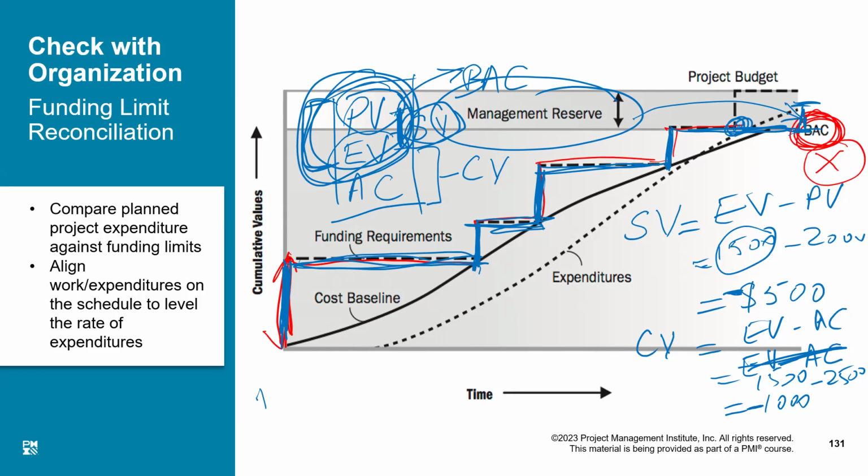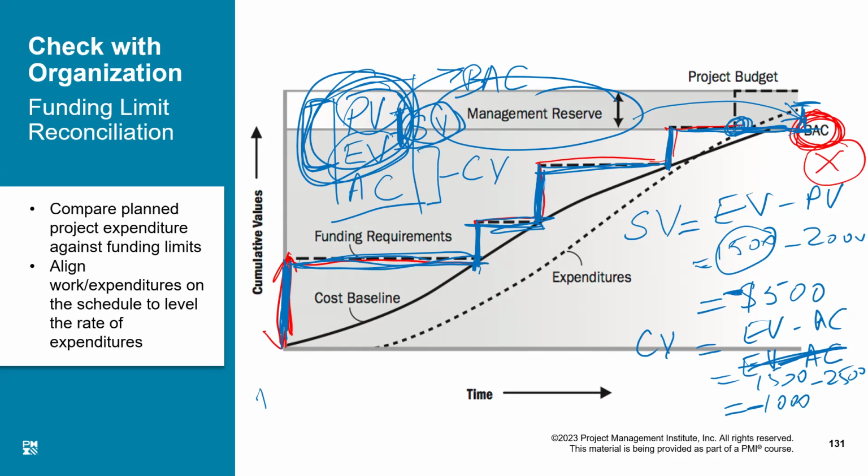So if the answer of cost variance or schedule variance is negative, it is bad. If the answer is positive, that is good. Right? Now, the current situation is that we are performing badly, not only in schedule variance, but also in cost variance. That is a very bad indication. Right in the beginning of the project, we understood that we are overspending and we are behind the schedule. So you need to fix this problem.